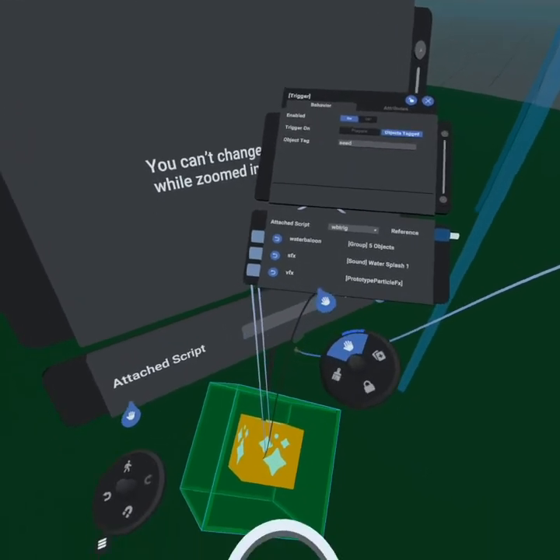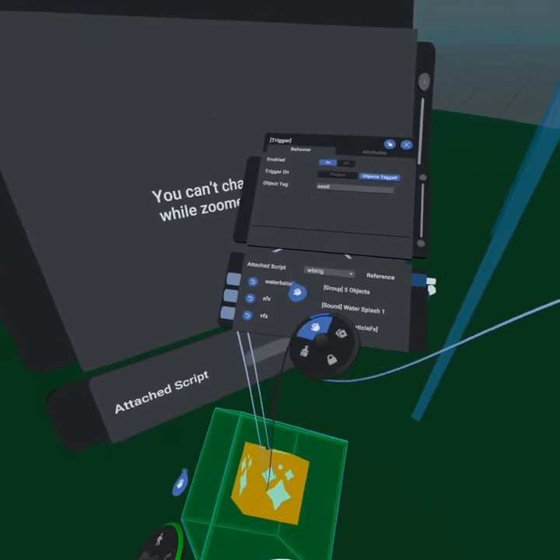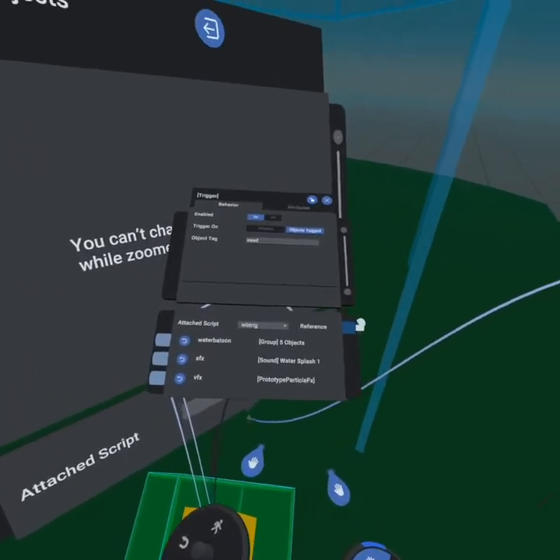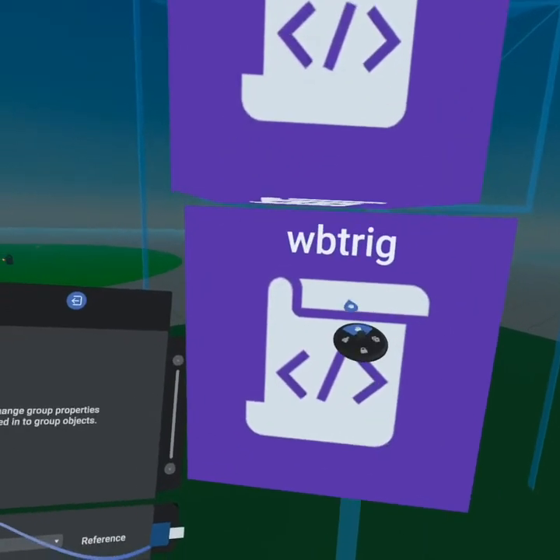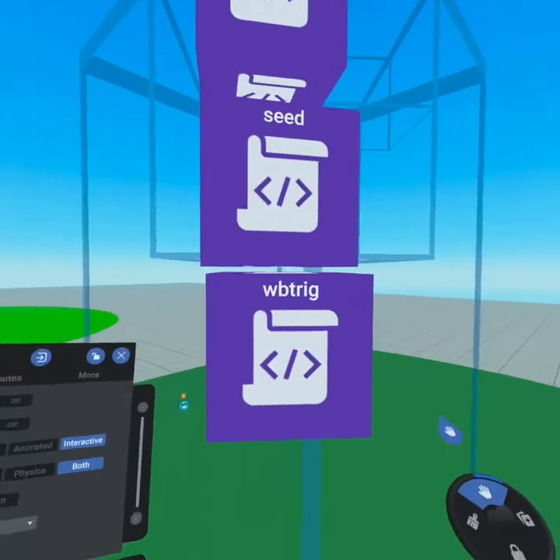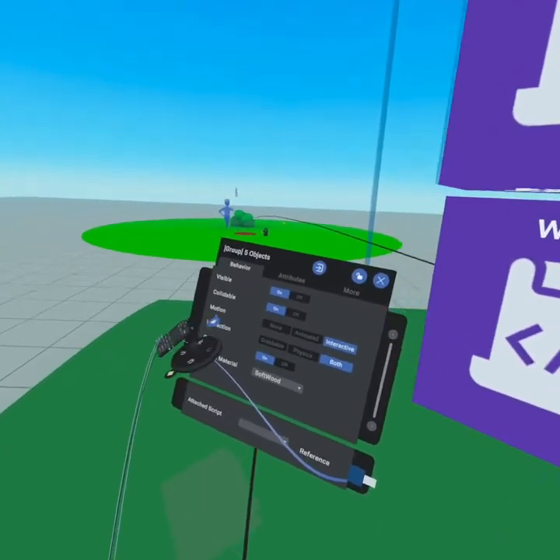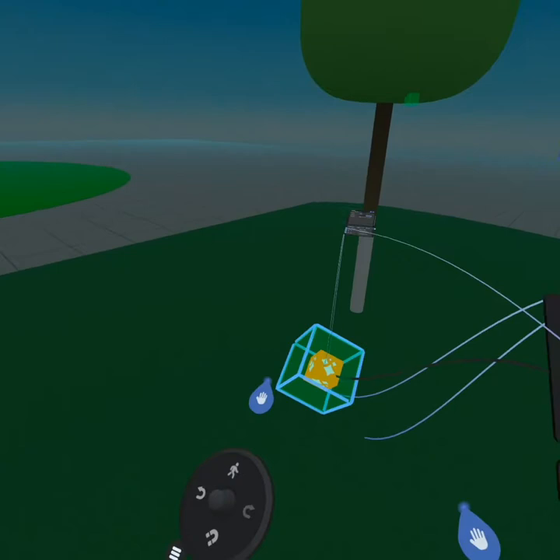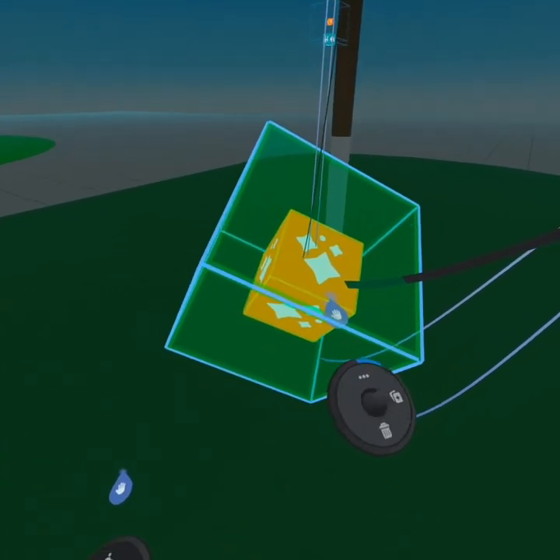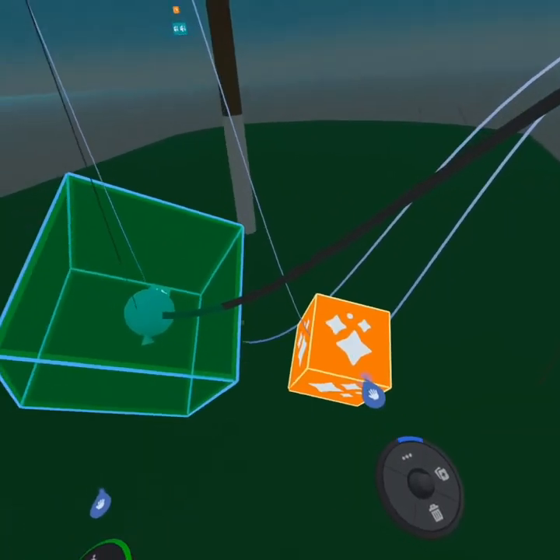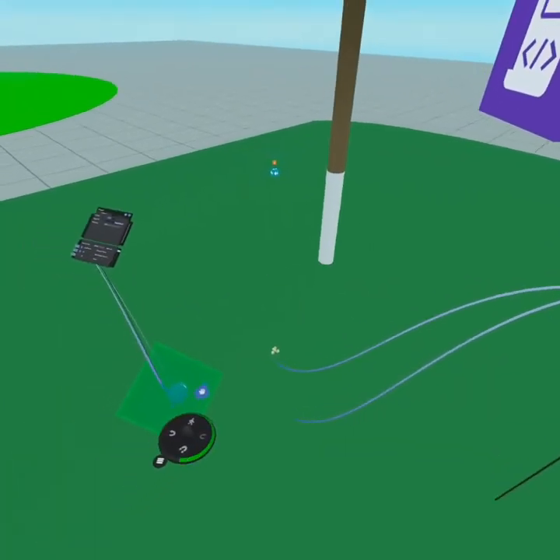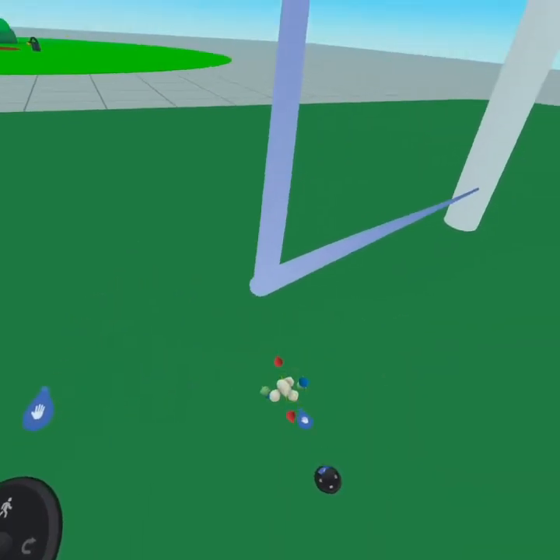Now we have the visual effect over here, and we have the water balloon. What we could do, yeah, I think this will work. So let's go ahead and try it out. So what we're gonna do is come out of this and go into our water balloon trigger script. Instead of running the water balloon effect on the object water balloon, what if we run it on, so we're gonna delete this one, then we're gonna back out of here, close out of that, go into our seeds,